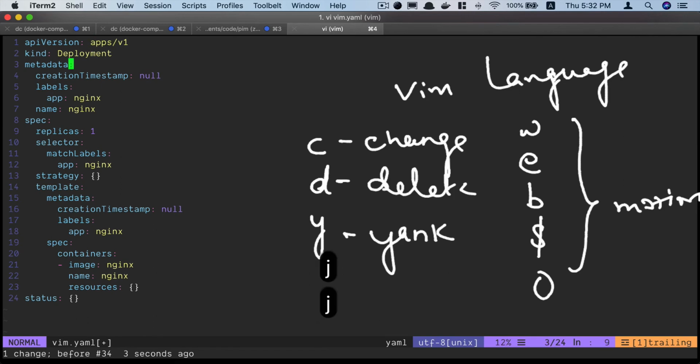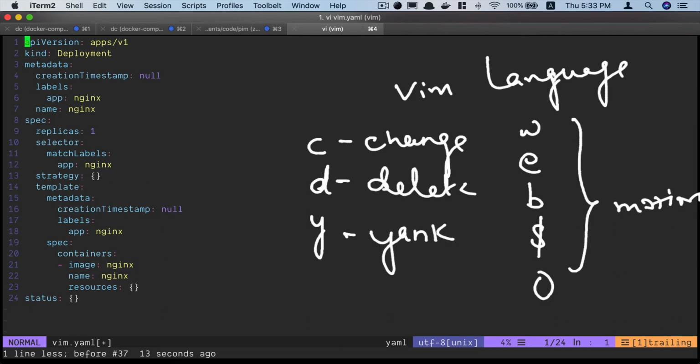Similarly, yank is for copying. So if I just do yw, it copied the whole word before the colon. So if I go all the way down here and let's say I want to paste it somewhere, I just hit p, and as you can see, that was copied. Let's undo that. gg. And this time I want to copy including the colon. So capital Y W. And go to the end of the file, enter a new line and paste it here, and you'll see that I copied till the colon.